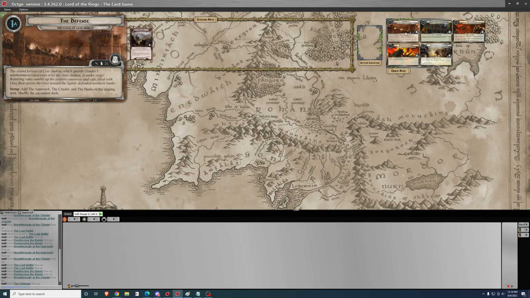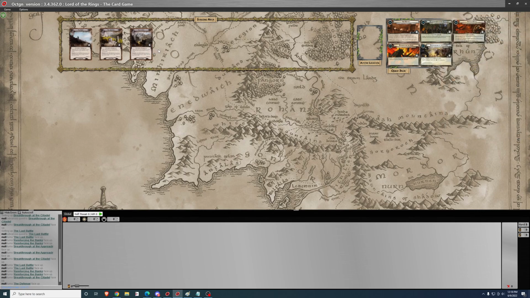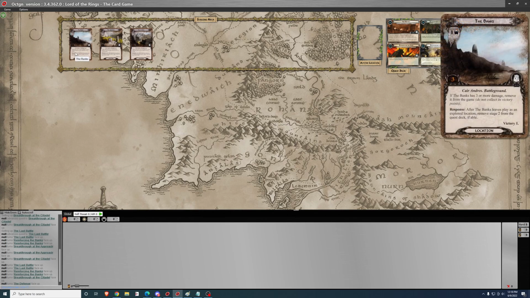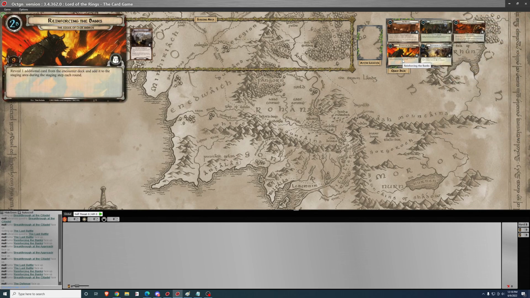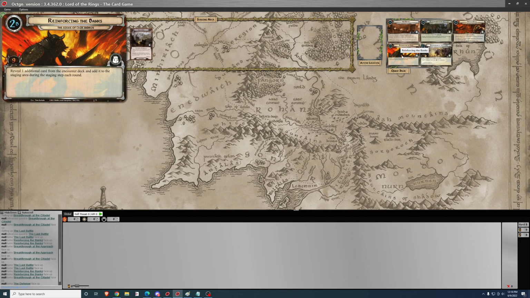Phase 1, the one you start with. To start, we add these 3 locations to the staging area, and these locations are the mechanism by which you will decide which path you want to take. Should you clear the banks by making it the active location or by exploring it, it leaves play and you remove stage 2. If you don't remove any stage, you have to proceed through this quest as normal, which means